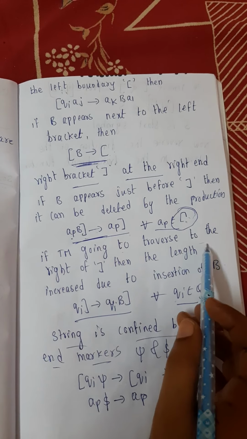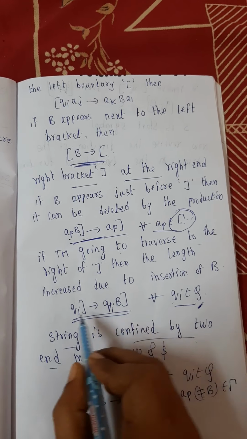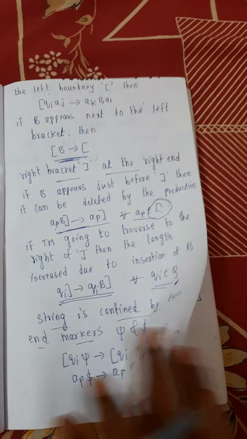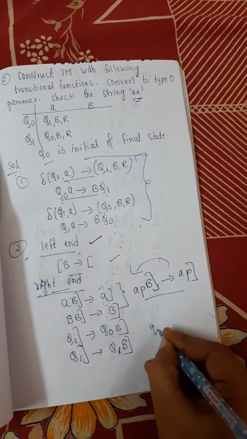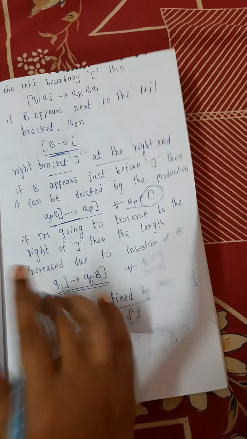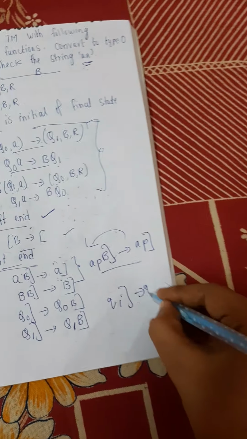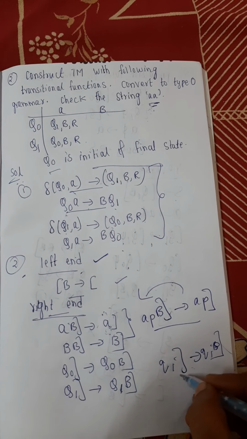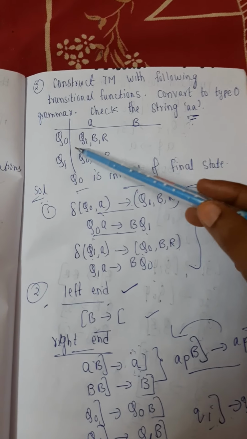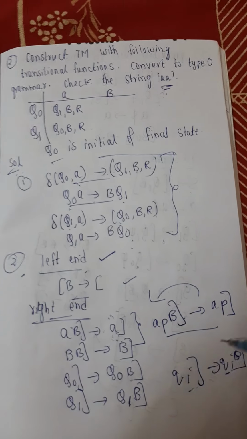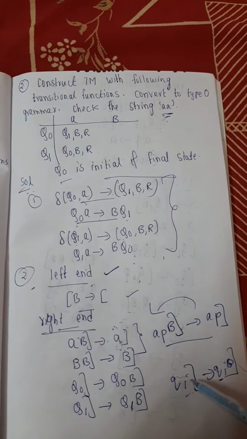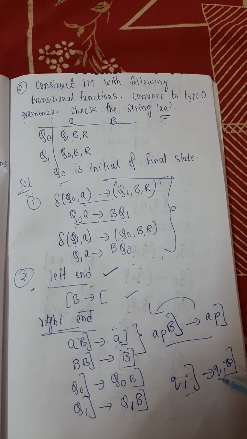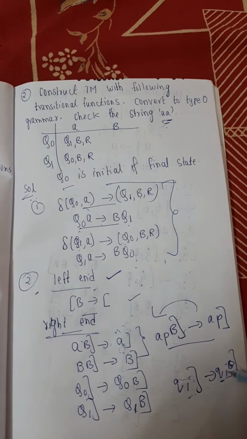If the Turing machine is going to traverse all this, you just leave it. You just remember this Qi B. So Qi, what is the thing you have? Qi B. This is the thing you have here. Now Qi are nothing but the states here. What are the states you have? Q0 and Q1 are the states you have. So first with the Q0, closed right hand marker tends to Qi, which is nothing but Q0 B closed.